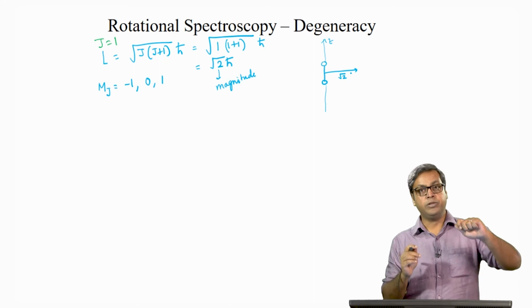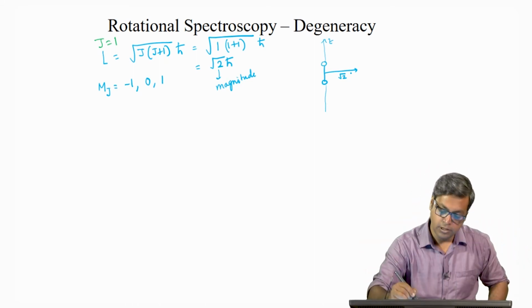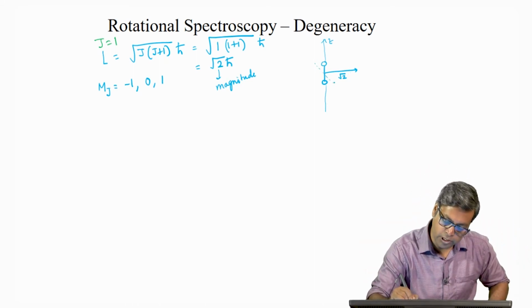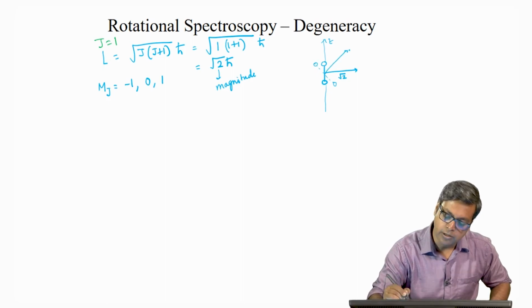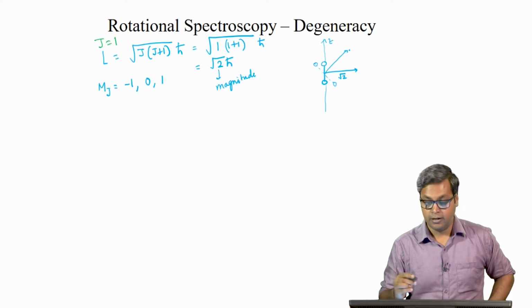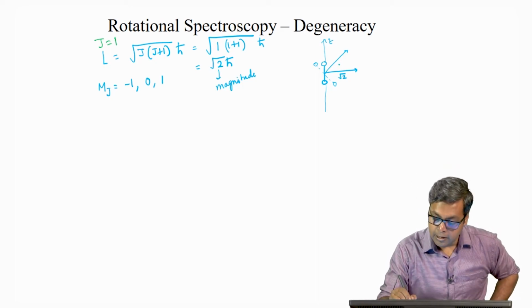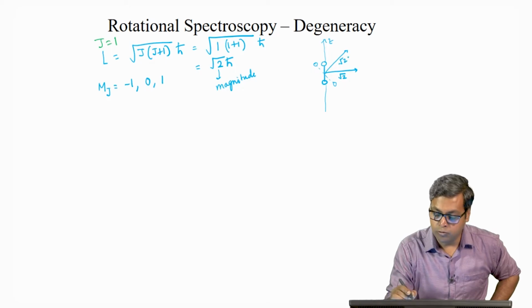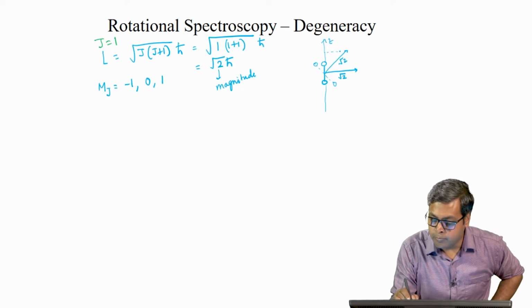Now, if this molecule reorients, so let us say the diatomic molecule reorients this way, we have a new direction for the angular momentum vector L, the magnitude is still root 2, but if we take the projection